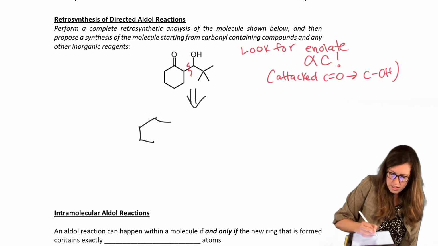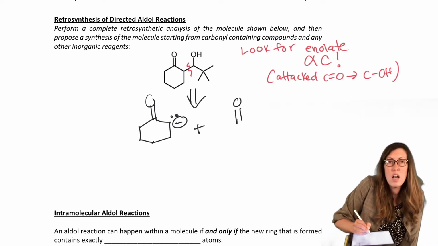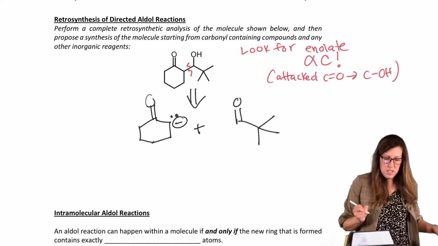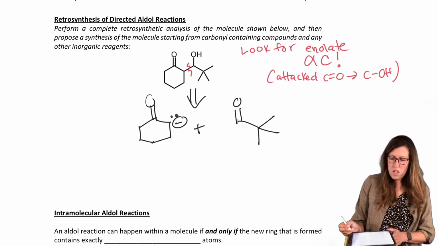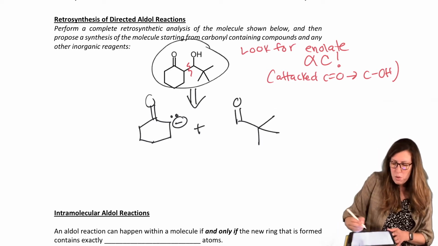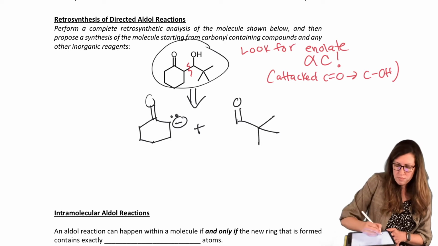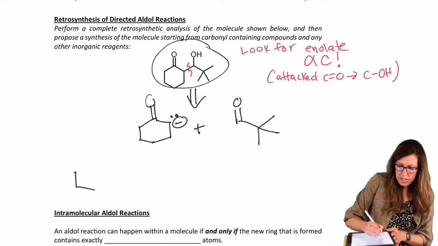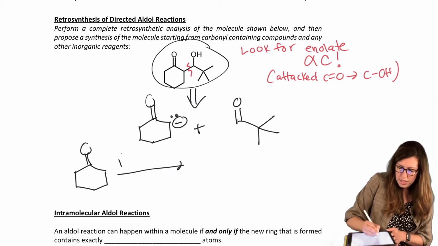So it means it used to look like this. And that alcohol used to be a carbonyl, and then we had that R group attached. So that's the aldehyde. So we got a ketone and an aldehyde. So if we wanted to make this, what would that forward synthesis look like? We would make sure that the cyclic compound got to be the enolate. So we'd throw that in here first and say step 1.